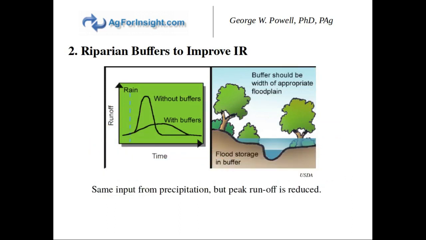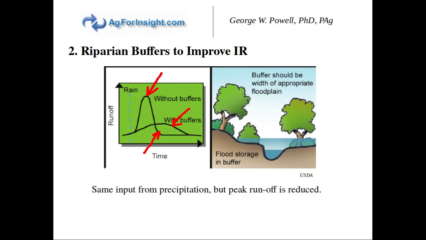So what this graph is showing from the USDA is that without buffers, with a very large precipitation event, you tend to get a very large quick runoff followed by lower water availability. With riparian buffers, that initial runoff is dampened because it's filling up the soil reserves below ground, and then it's slowly released over a longer period of time. So same amount of input from precipitation in both those lines, but the peak runoff is greatly reduced and extended